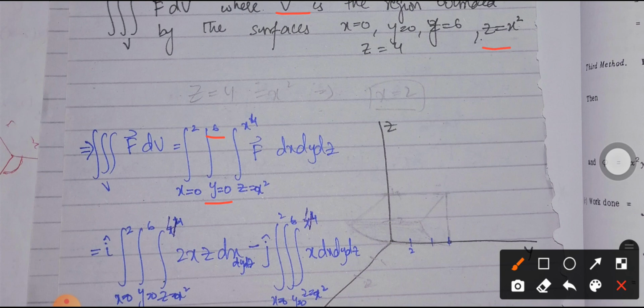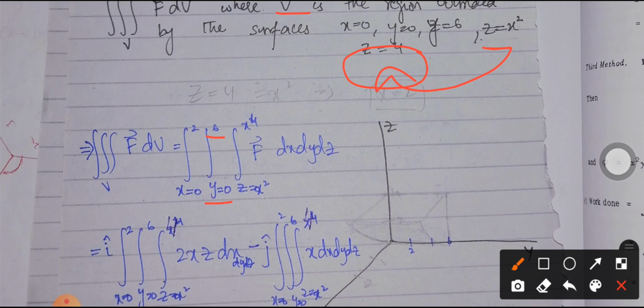Now this is the point where we have to discuss that in the previous questions the initial limit was given to us, that z was varying from 0 to the other one, or x is starting from 0 and y is starting from 0. But here you can see that z has the final limit, or the terminal limit, not the initial limit. So we are going to choose it to be from x square to 4. We cannot take it to be 0 to x square because we are not given the initial point, we are given the terminal point or the last point.